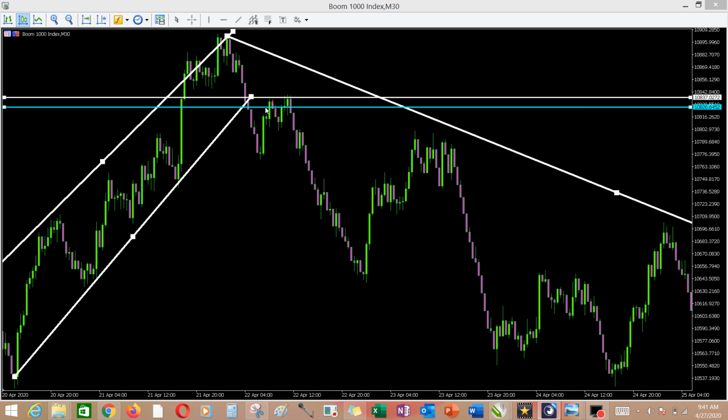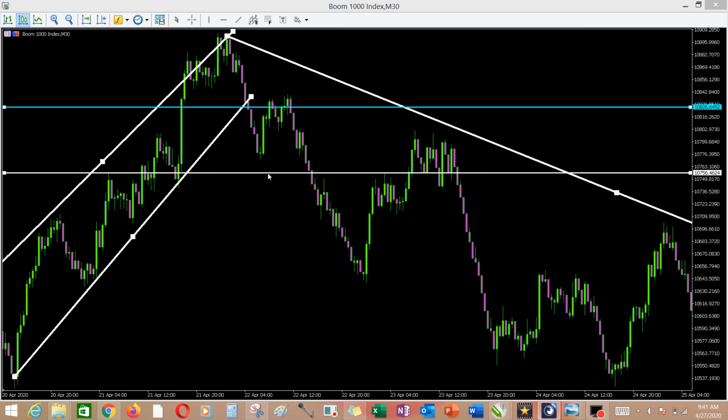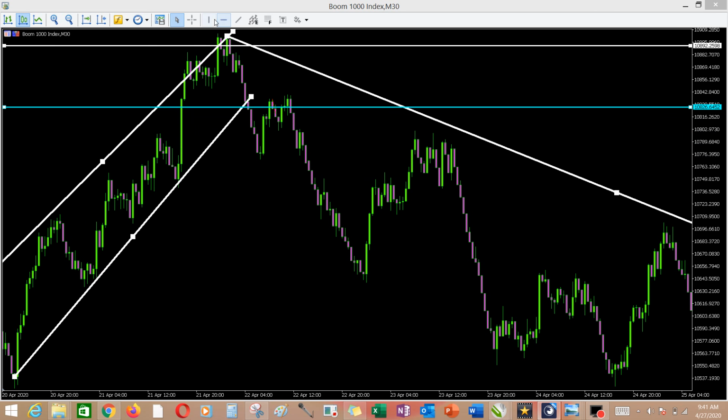So which means I will be entering back the market somewhere here and wait for the next support level to exit. This is another support level. Let me try to draw that out. Like I said, we always have our minor and major support level. So this is another support level.